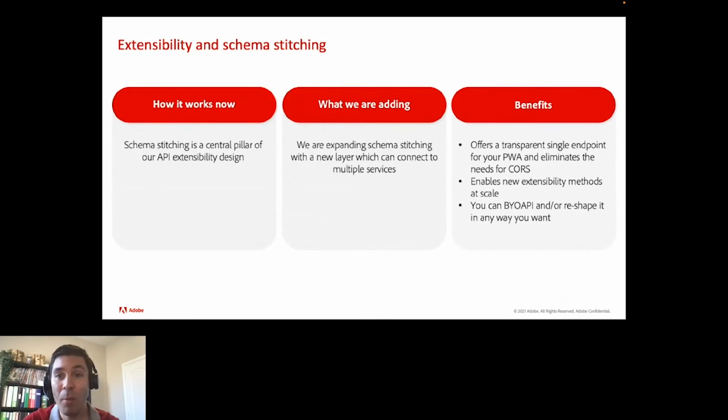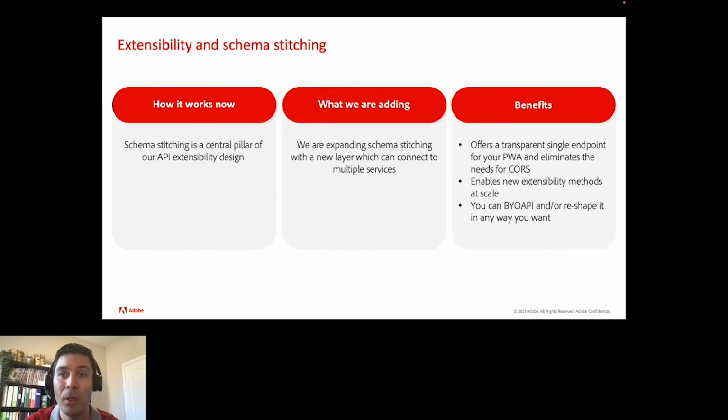As mentioned, Adobe Commerce is known for its extensibility, high customizability, and the network of professionals and extensions it provides. Developers that work for Adobe Commerce are very familiar and know how to customize this platform. For GraphQL, the main engine for customizability is schema stitching.